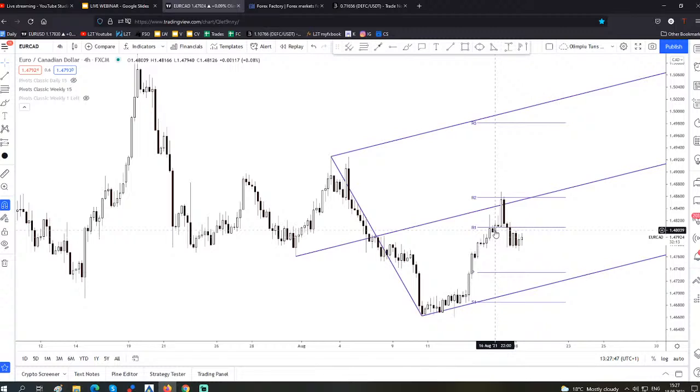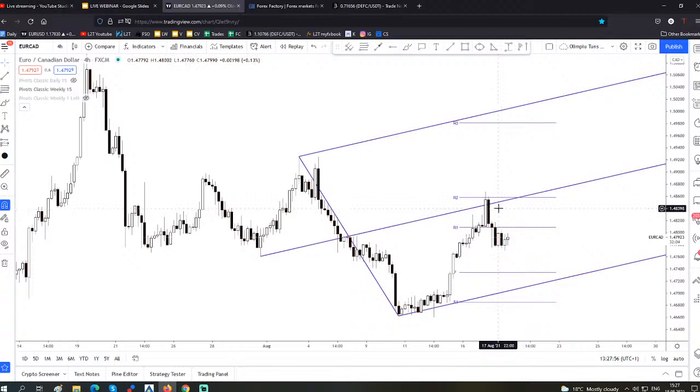Actually, Orlando's trade position on EURCAD was closed at, I believe, 1.4839, in profit, plus 37 pips in profit. And as you can see here, the euro versus the Canadian dollar has jumped above the medium line of the descending pitchfork. It has found resistance here around the R2, weekly resistance 1.4858, and unfortunately it has registered only a false breakout